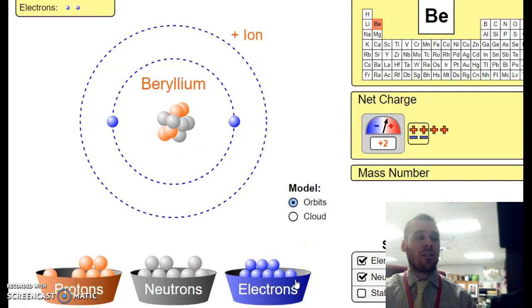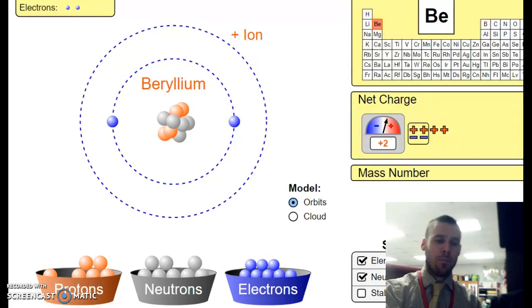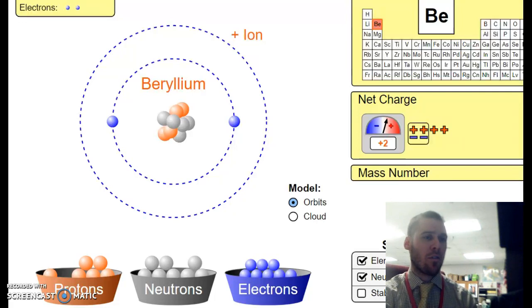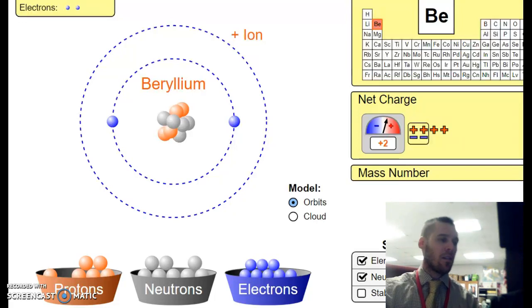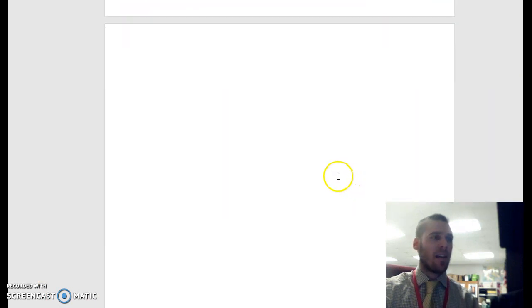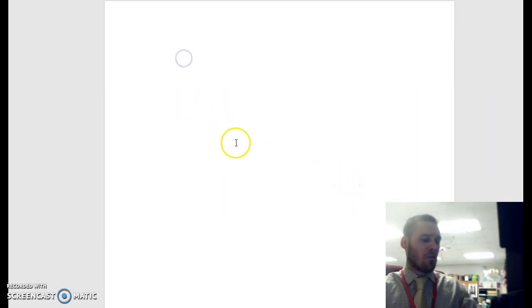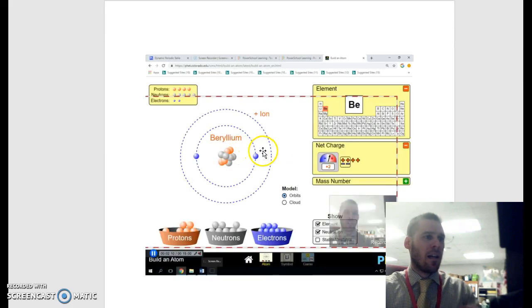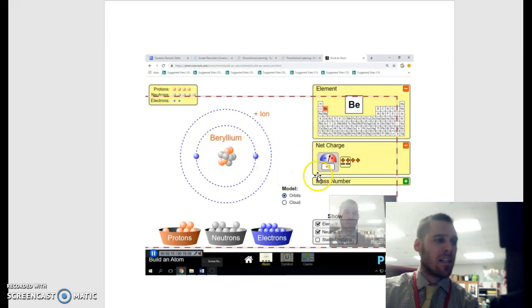For this assignment, I told you to take screenshots and post them in a Word document, and that's what you're going to be uploading to P-Learning. So if you're using a PC, you can use the print screen option in the top right-hand corner of your keyboard. Click that once. Go into your Word document. That should automatically paste it. Then you can either right-click, Control-Paste, or Control-V, and there's your screenshot for one of your 10 atoms that you